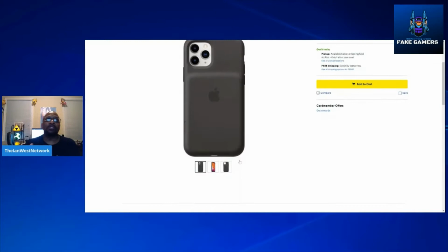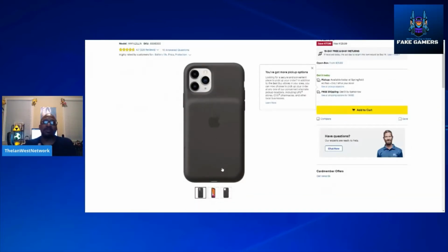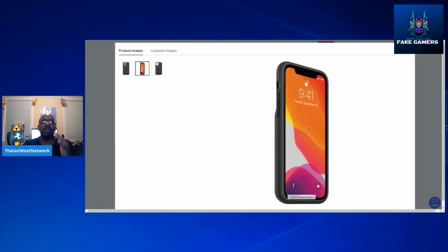So this battery case right here, even though it was a little thick, it was like a silicone rubber. You peel this part right here, it gets peeled back. You fit your phone inside of it. It's fully protected. This is probably the best case Apple ever made. Here's a perfect picture. It fully protected your device, and it constantly charged it, so it would be at 100% until